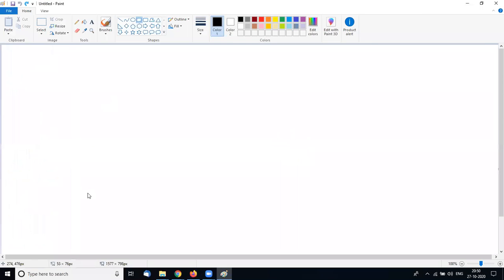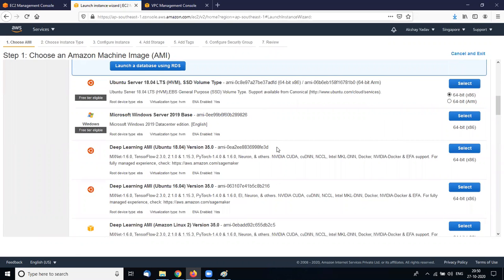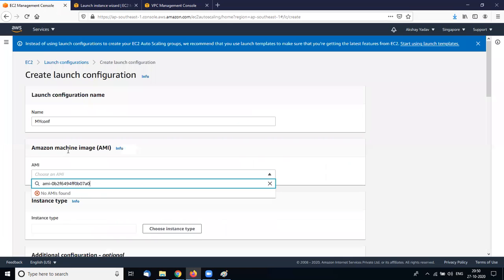Those AMIs will not work because the AMI ID is different in a different region and location. So every region has a different AMI ID for a different machine.